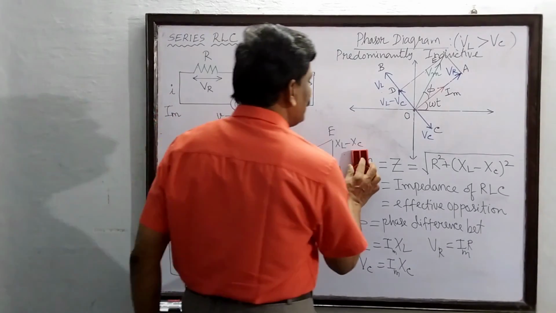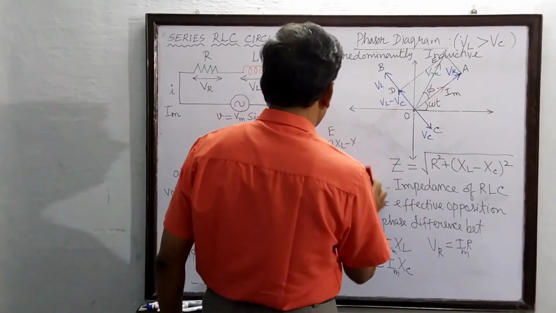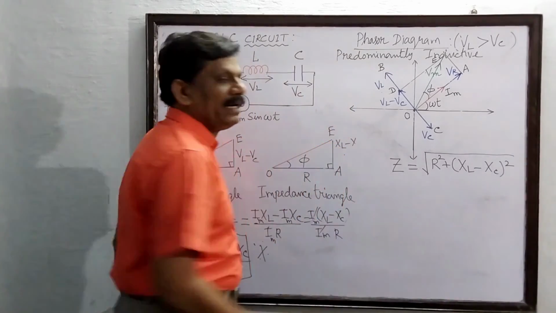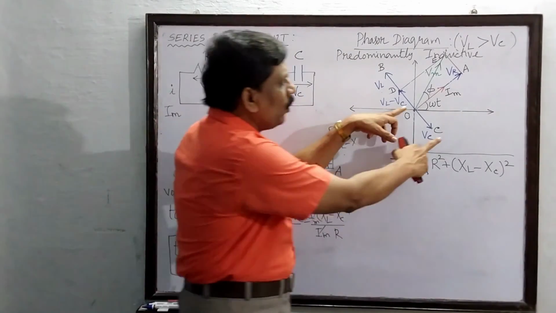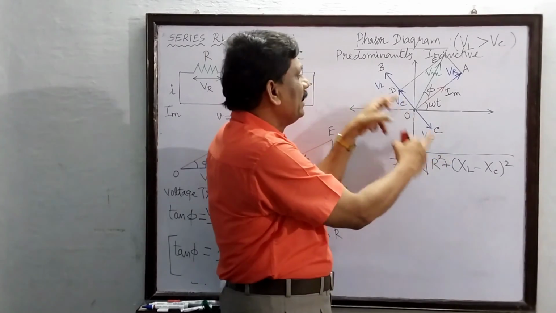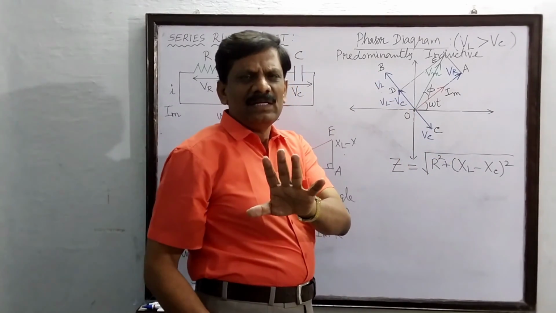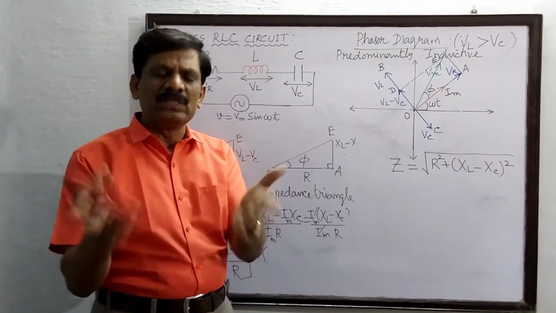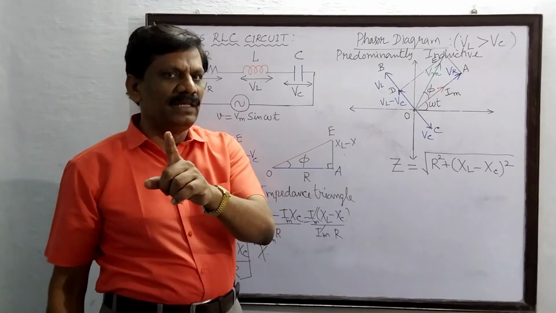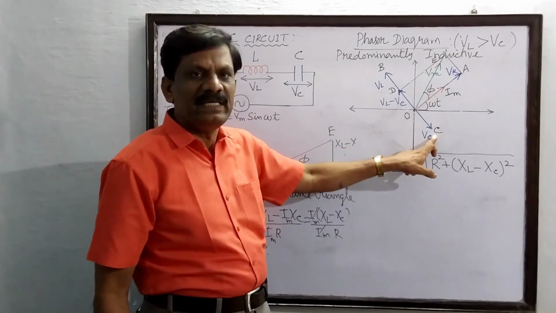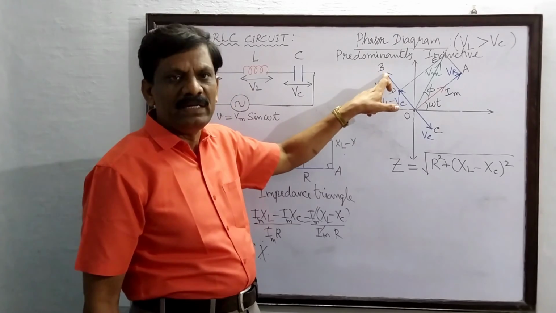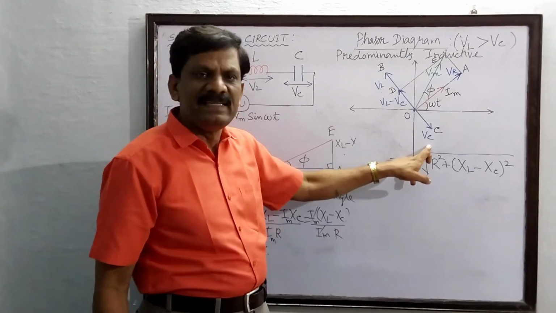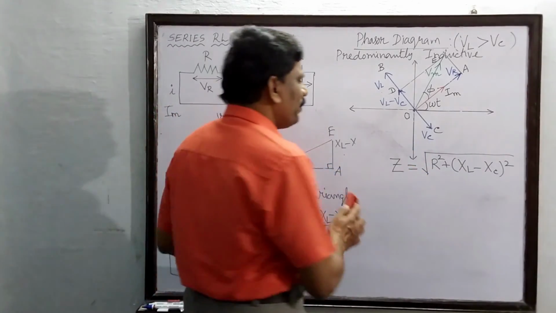Now you see another set of equations we can write for predominantly capacitive. For predominantly capacitive, you draw this OC vector twice longer than that of OB. Very simple. Only in the diagram and the final equation you have to make some changes. Otherwise both are one and the same. So that you rotate the VL vector over the VC vector, this will become VC minus VL. Okay students.